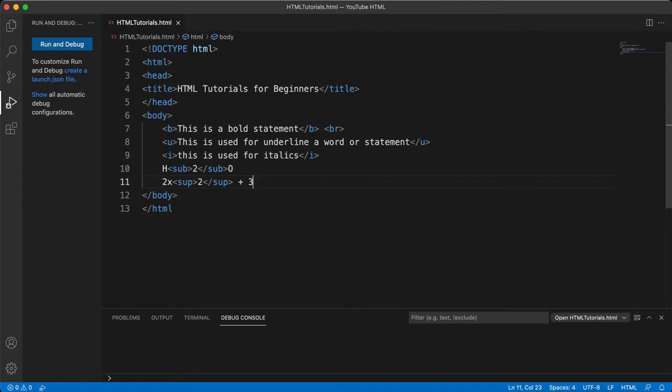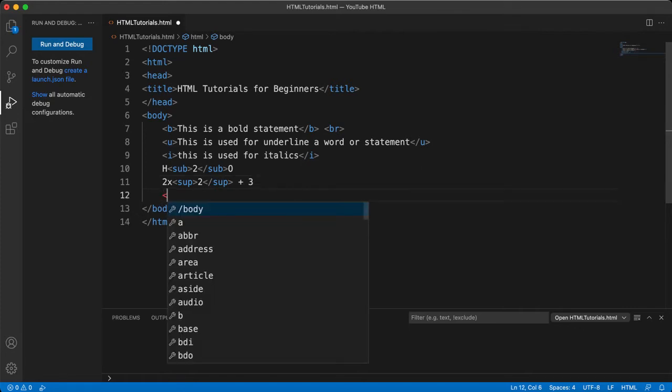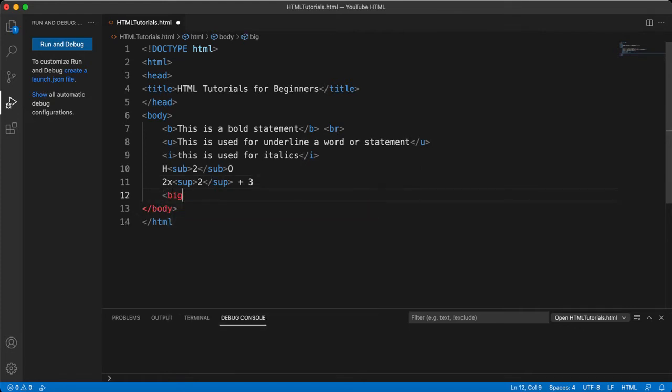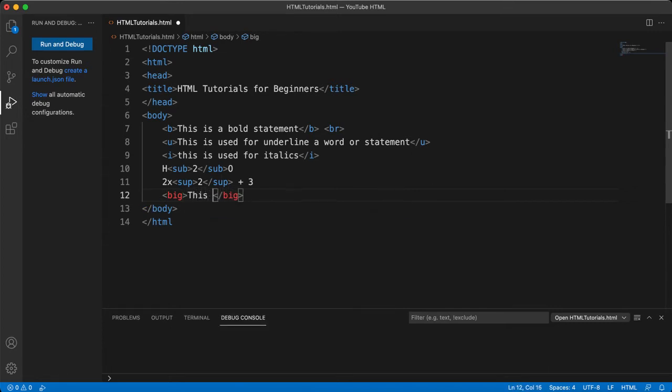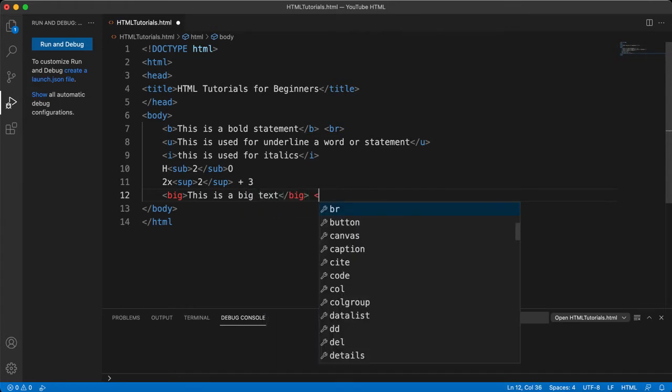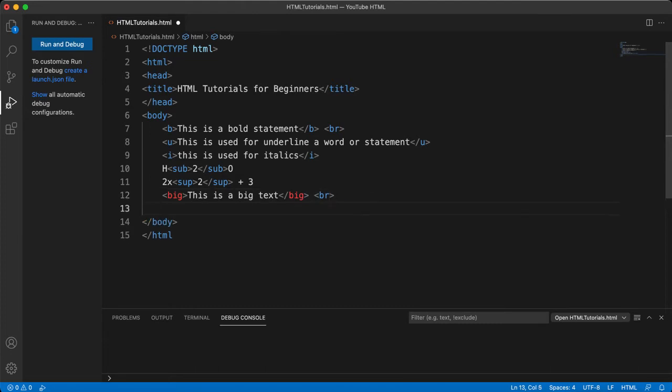Now we will see the big and small tags. This is a big text. This is a small text.